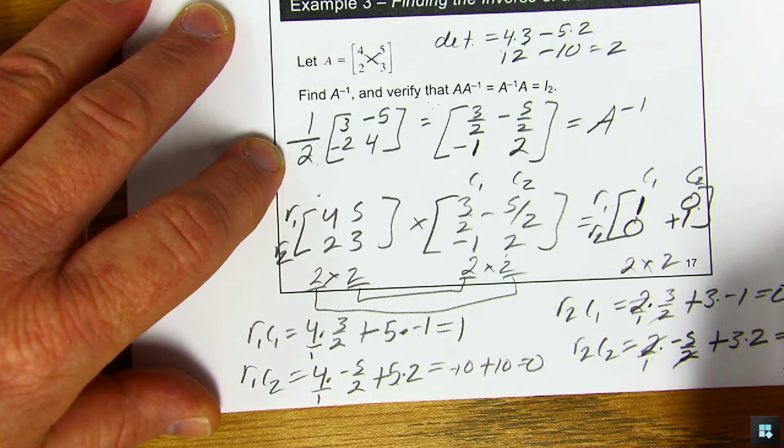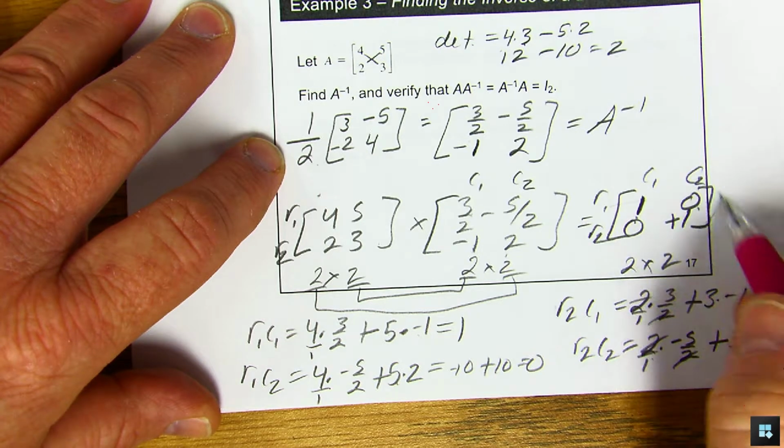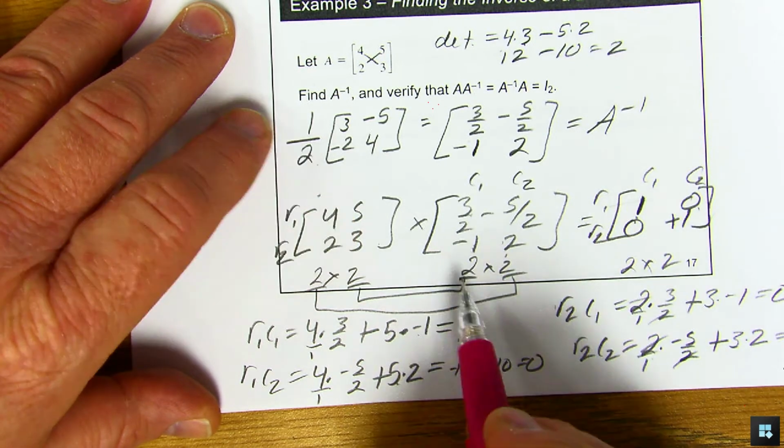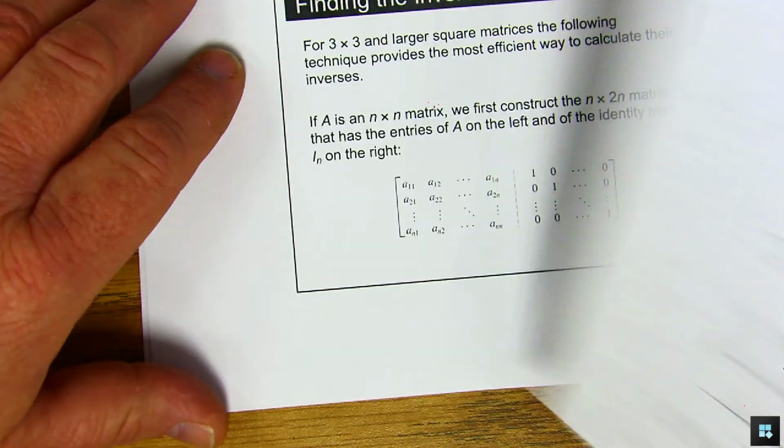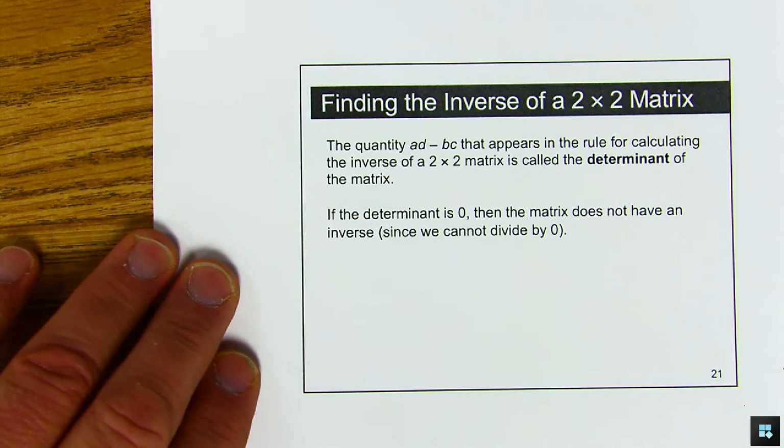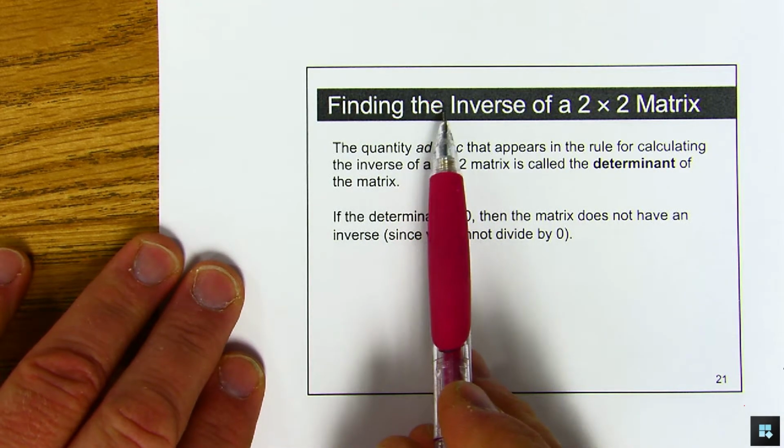Hello! There it is. The inverse. This is the identity matrix, which means these truly are inverses of each other. That is the inverse. We found it. Woohoo! All right. So, when you want to find the inverse of a 2 by 2, the first thing you